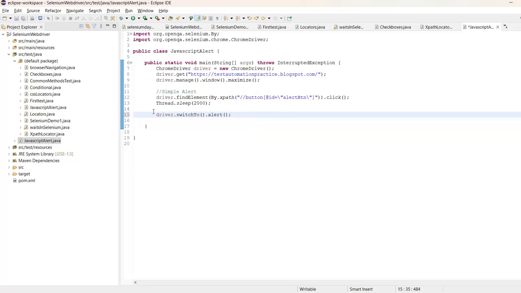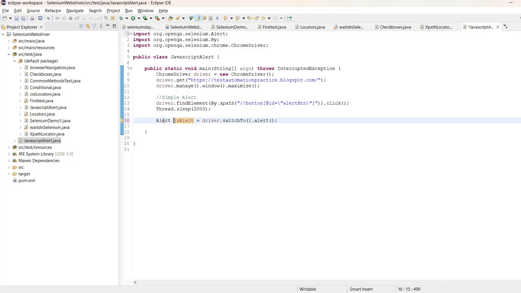let's identify this. JavaScript alert is equal to, and it is of the type Alert. Then go and import Alert. Here you have to remember this type is Alert. Now we can directly print whatever text is present on that JavaScript alert, with System.out.println and JS alert